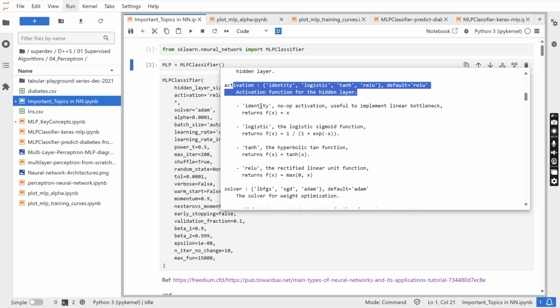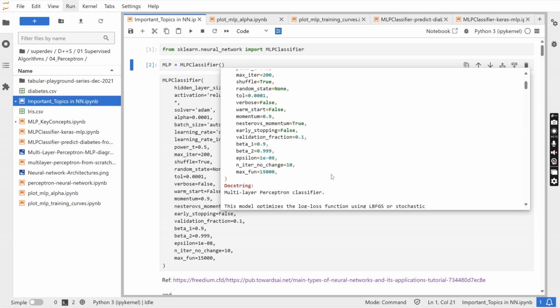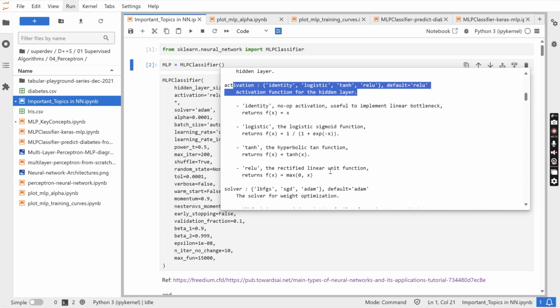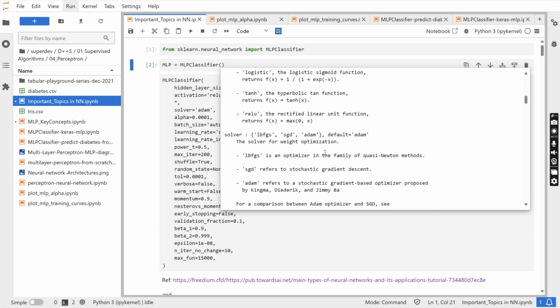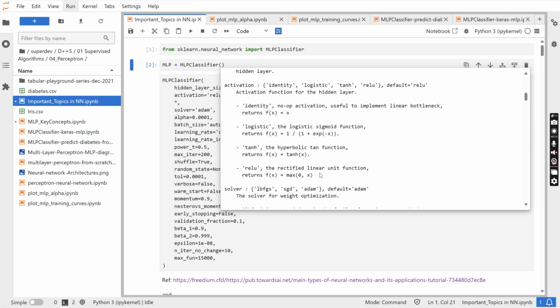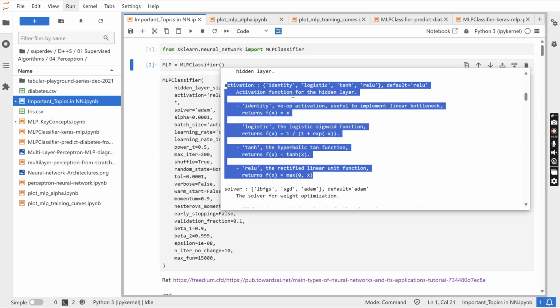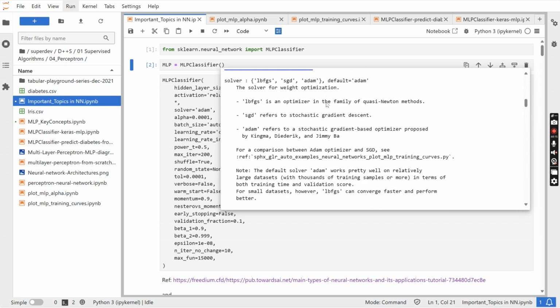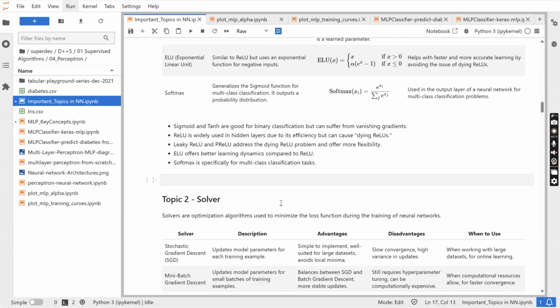Okay, I think when they invented this MLP, I don't think there was a leaky ReLU or PReLU or ELU. Maybe that's why they don't have that implementation, but if you want to use it, you can use it. These are the only options that you have in MLP. Okay, multi-layer perceptron. Next we will look at the second topic,